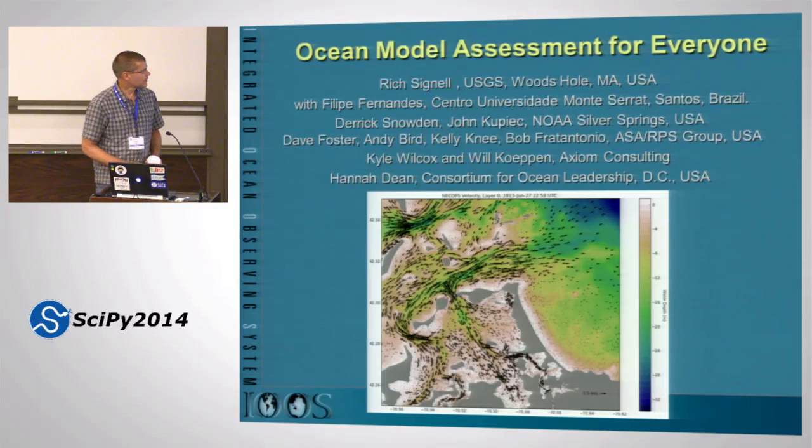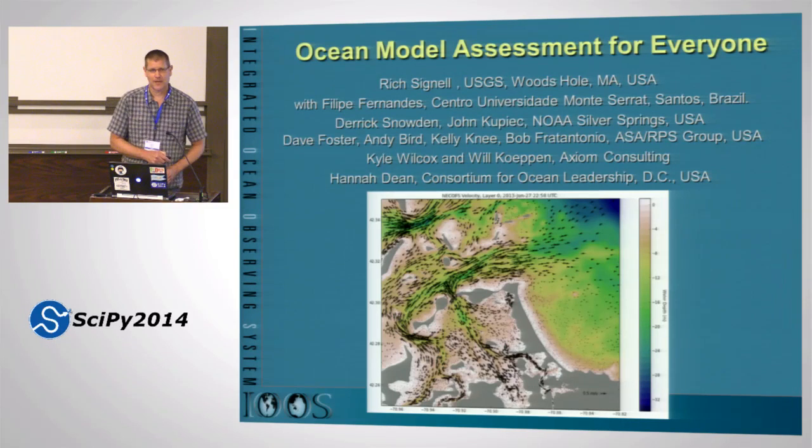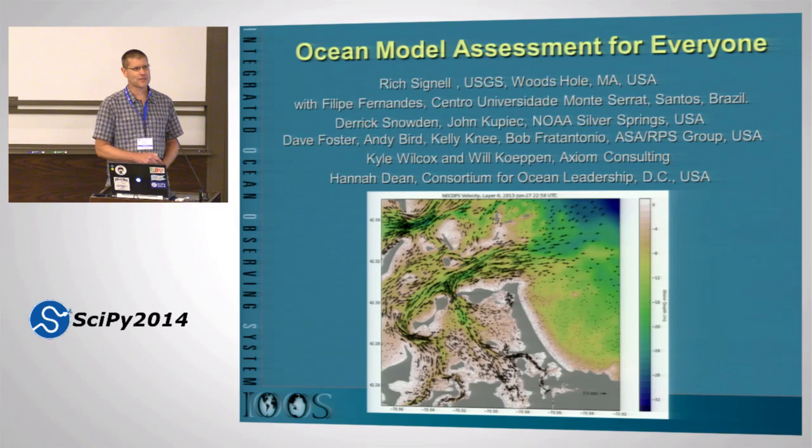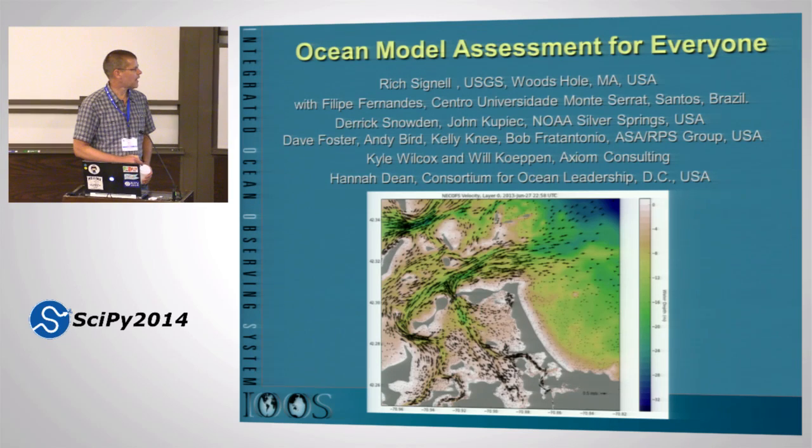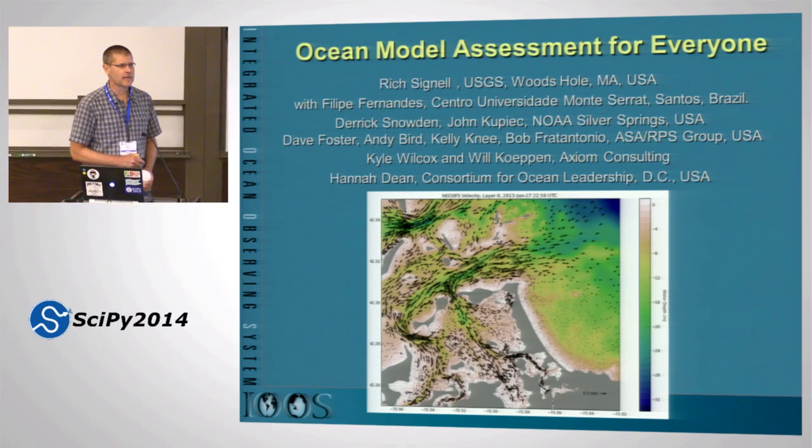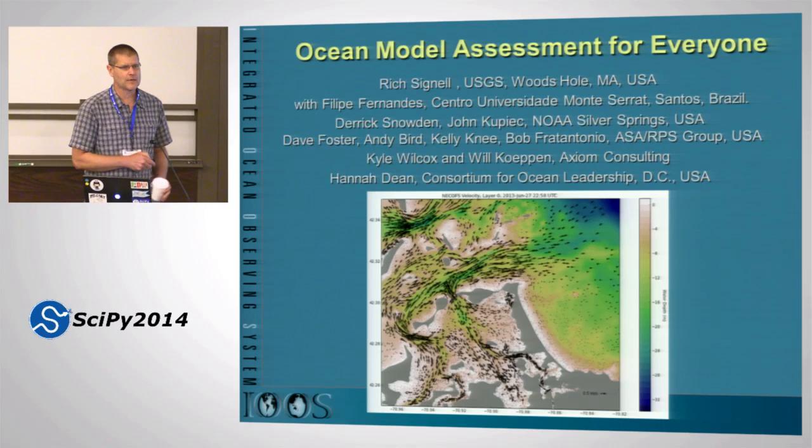project. Now this figure actually I used last year at SciPy, and I was talking about access to ocean model information. This is a picture of tidal currents in the black arrows flowing out of Boston Harbor. So this is the ebb tide flowing out of Boston Harbor. The colors here are the water depth. So this is a nice snapshot. It's actually a forecast model that's running all the time as part of this, funded by this Integrated Ocean Observing